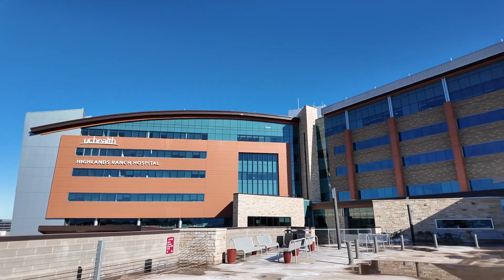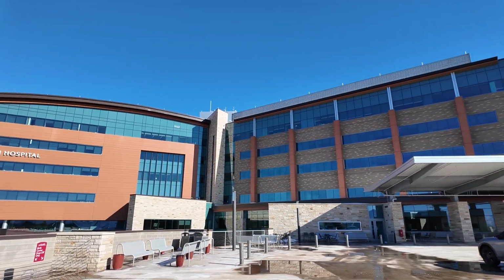There's also the hospital right across the street, as well as other businesses. So super convenient to everything, as well as there are trails and bike paths over here as well. Makes it really a great place to be. So let's go ahead and take a sec. We'll take a look at some of the pictures on the inside and see what you get for that $740,000